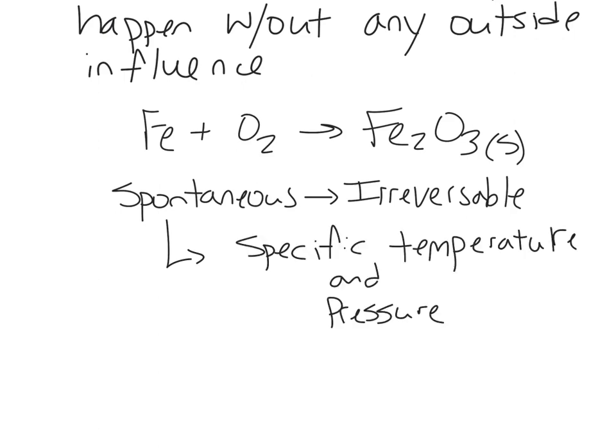Another example is ice melting. If you take an ice cube out of the freezer and place it on a table, as long as the temperature is above the freezing point or melting point of water, the ice cube will spontaneously begin to melt and form a puddle until it is all melted. This happens without any outside interference, just simply being there, it spontaneously happens. But as we know, this process is reversible, and it can be reversed if the temperature is lower than 0 degrees Celsius. The water will then begin to refreeze. So the process is reversible, but only when temperature and pressure are considered.